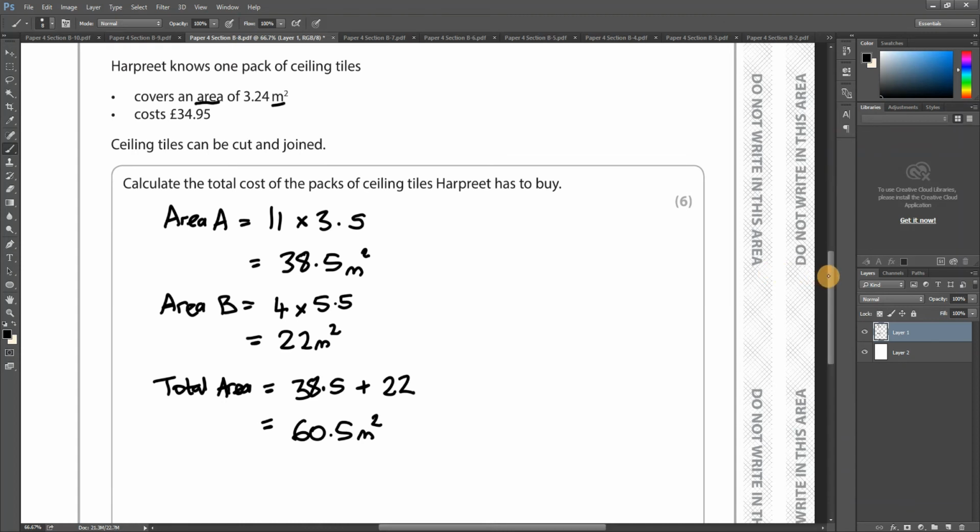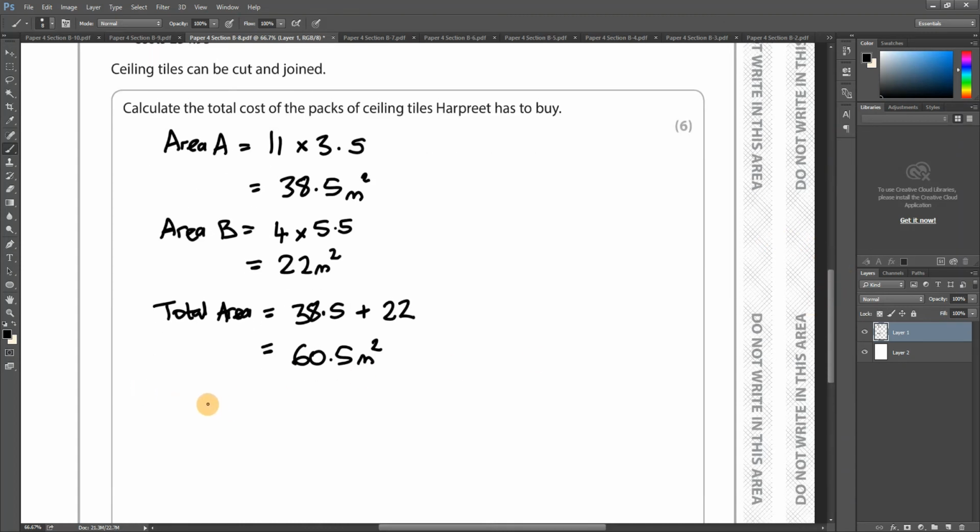So I need to divide it by 3.24. So I've got to do 60.5 divided by 3.24. Yeah, this should tell us how many packs we need. So 60.5 divided by 3.24. Okay, so I get 18.6728, and you can stop there. Packs. So 18 is not going to be enough. I'm going to need more than that, so I need